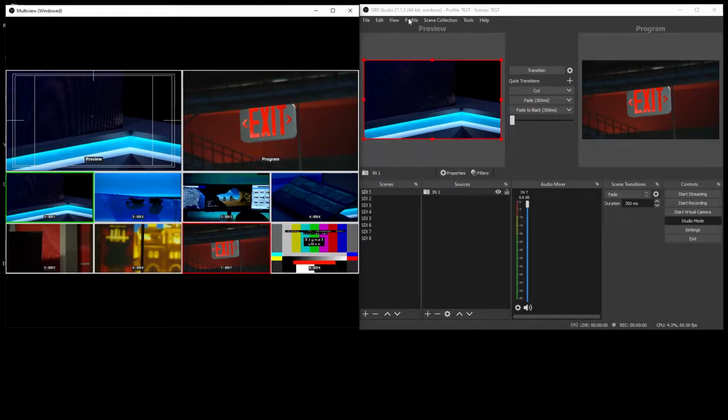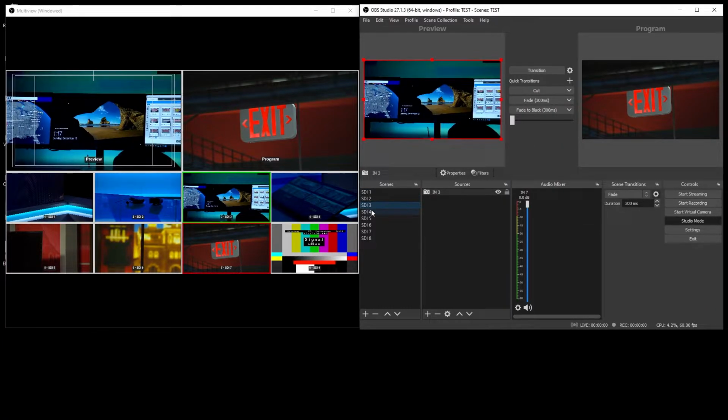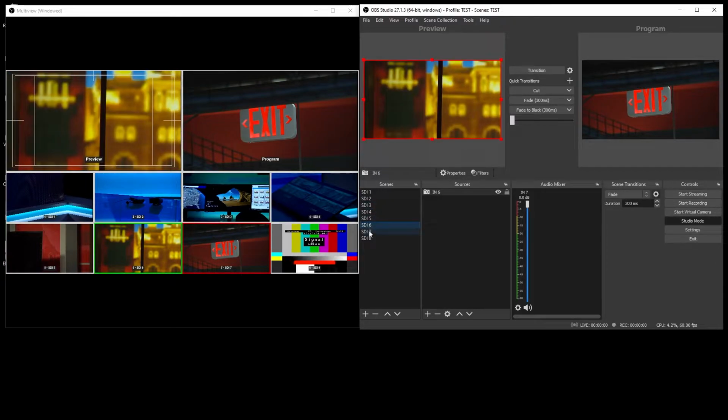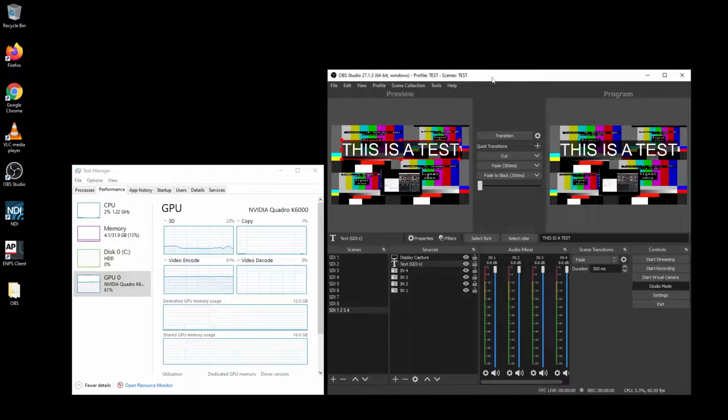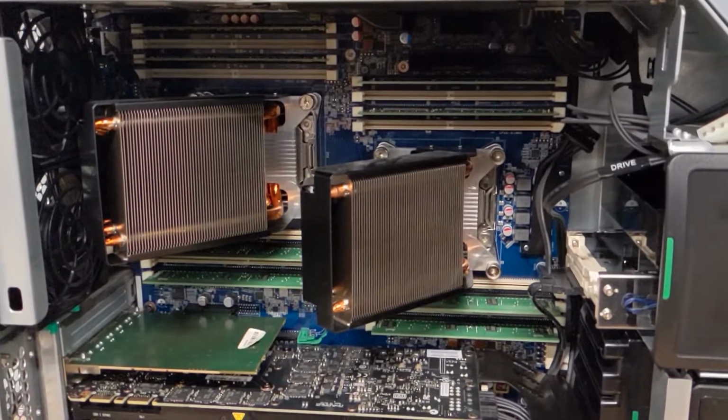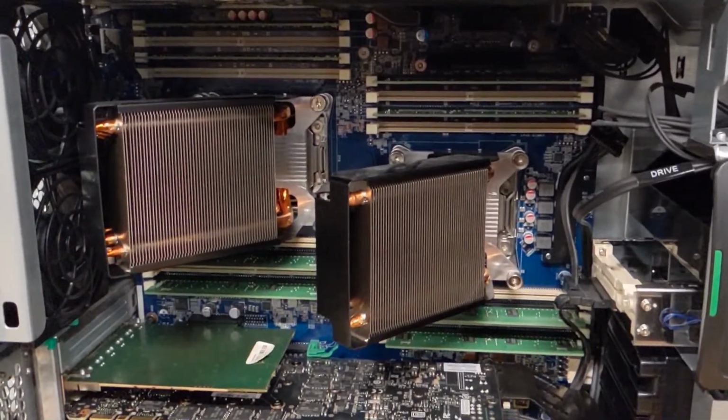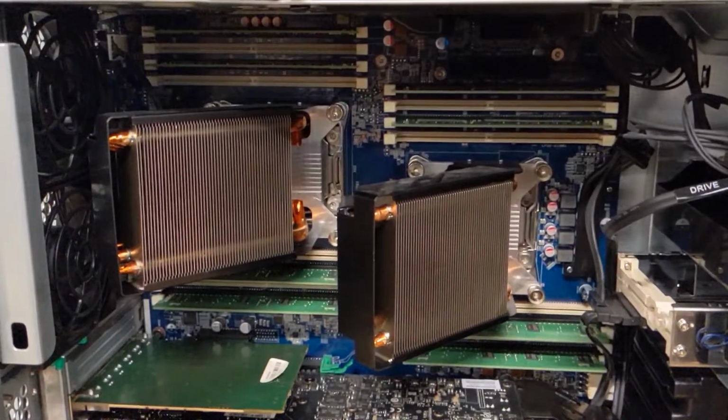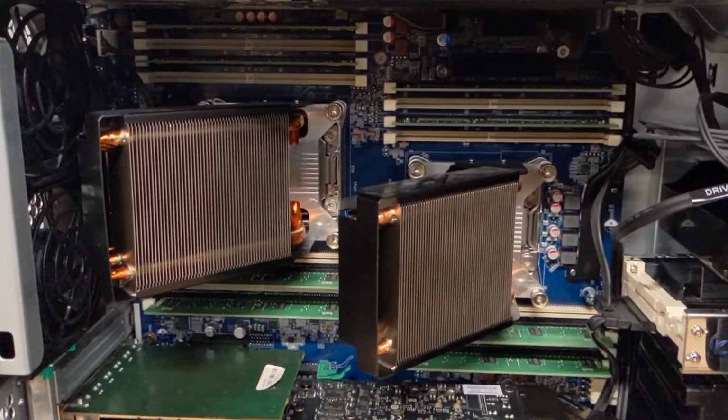Once I had 8 unique signals feeding into the system, I configured the 8 scenes to contain each video source. I honestly was expecting the system to bog down as I added more and more sources, but I was pleasantly surprised to see the CPU and GPU utilization was low, leaving plenty of overhead for graphics, overlays, and multiboxes. While this is a dual-socket Xeon, it is still a system from 2014, so nothing special by today's standards other than having a bunch of PCIe slots.